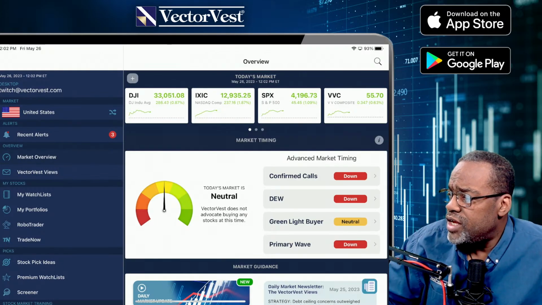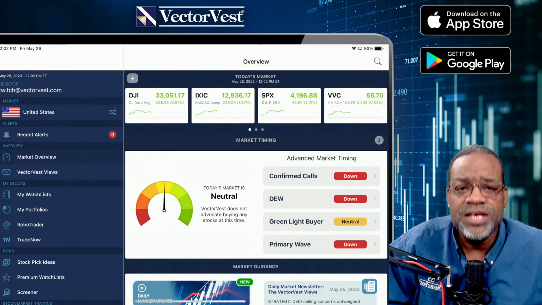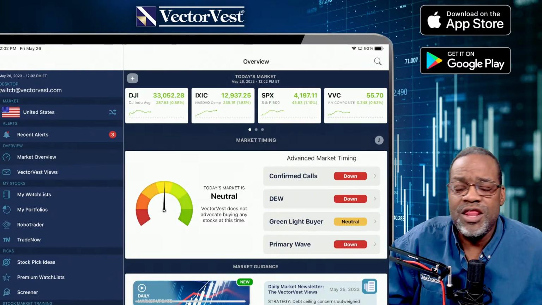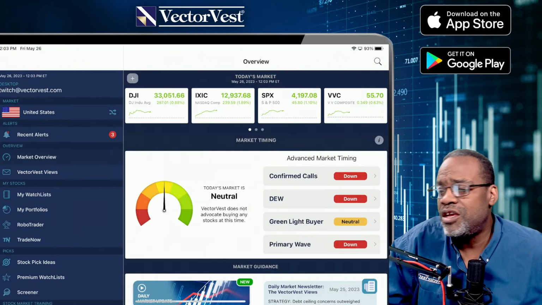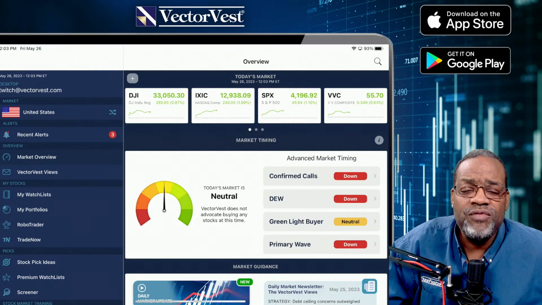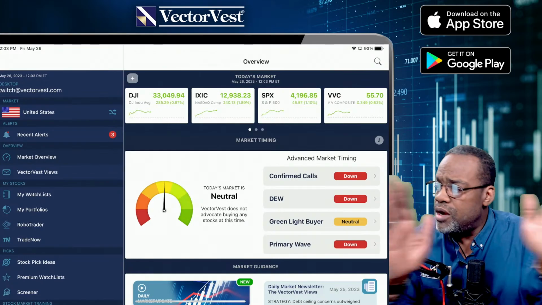I'm also getting into the mobile app from the UK. Every country that we represent has access to the mobile app, no matter where you are in the world. Whether you're in Australia, Hong Kong, or the UK, the power of the program is still in your pocket across the globe.